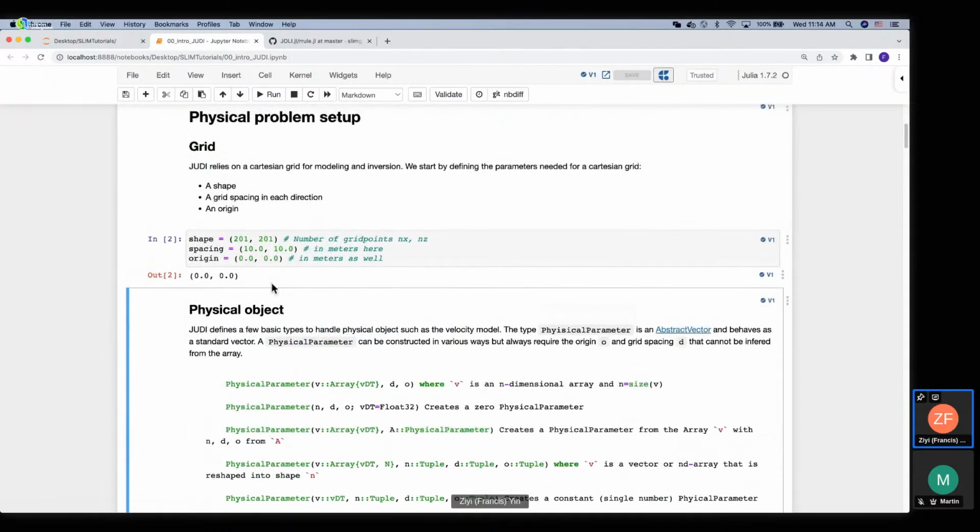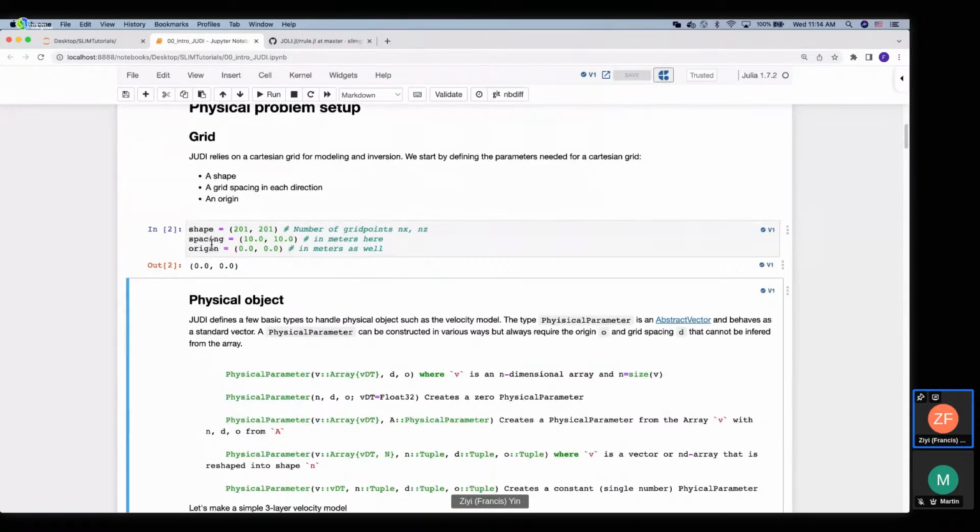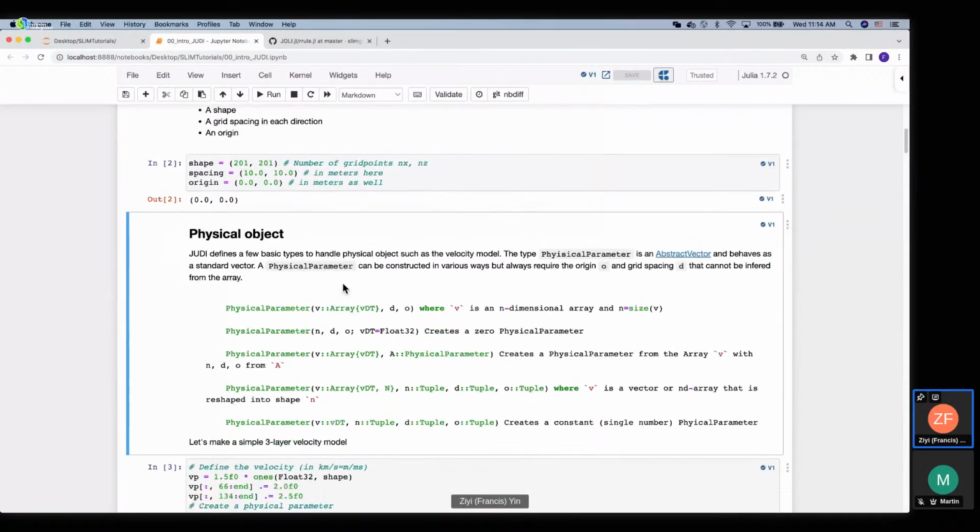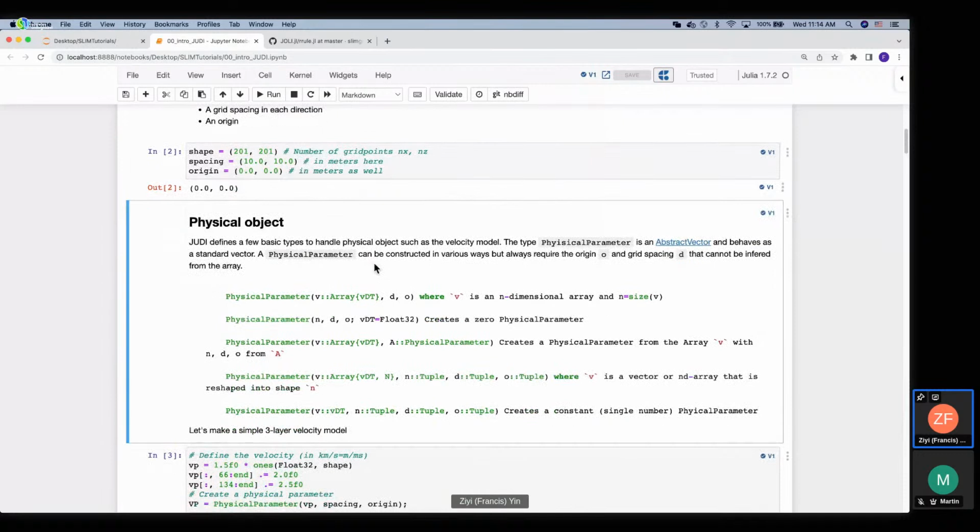After you run this, this is basically some metadata you want to set for your model, right? You have a velocity model. You want to propagate the wave fields. You have to know the spacing of your discretization and the shape of your model, right? And then the next thing to set up is a physical object. So JUDI actually defines a few types to handle these physical objects that you will see in seismic modeling and inversion. One of them is to set up a model, and some other ones, including JUDI vector, are also